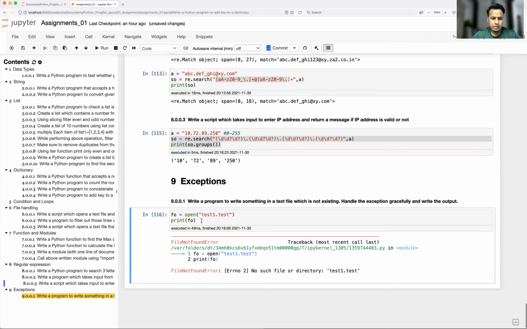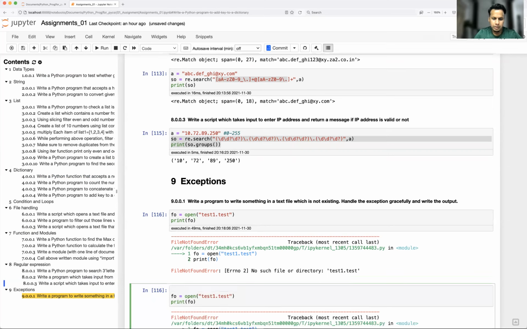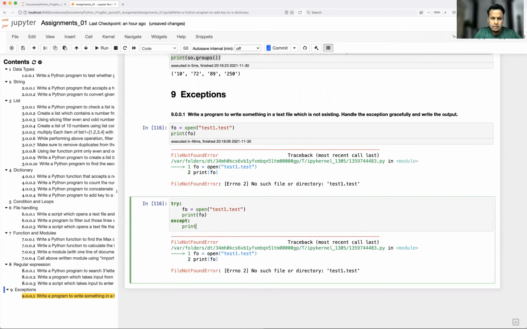So what you can do to handle this kind of condition is put a try and except block. Those who don't know what try and except is, I would suggest going to the exception video. I'm just going to make it short so that you can handle it properly.